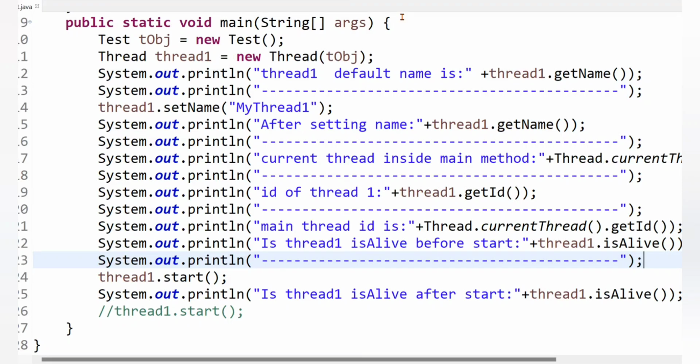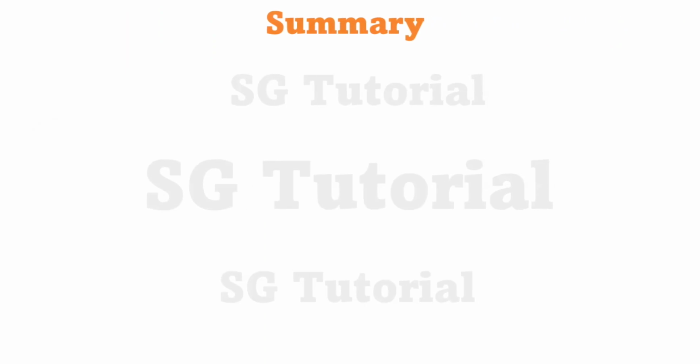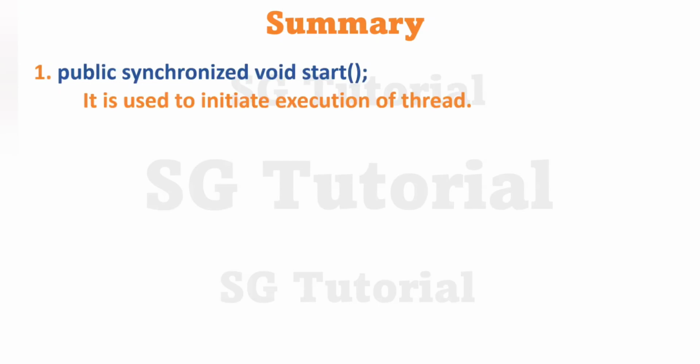Okay, alright. Now I am going to summarize all the points once again so that you can get a quick review of all the basic methods. Always keep in mind the start method is used to initiate execution of a thread, as well as it helps to initiate a lot of things internally that we have already discussed. So when you create a new thread, it is necessary to start it by calling the start method on the thread object. Otherwise you don't get the benefit of multi-threading, and the thread object will work as a normal Java object.